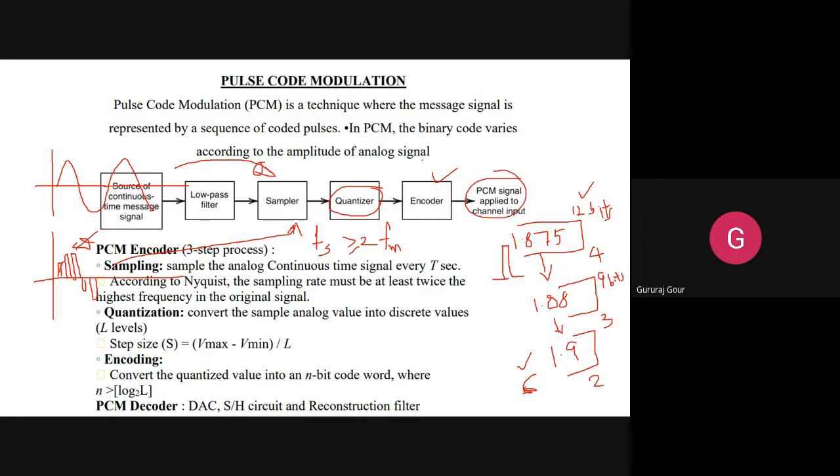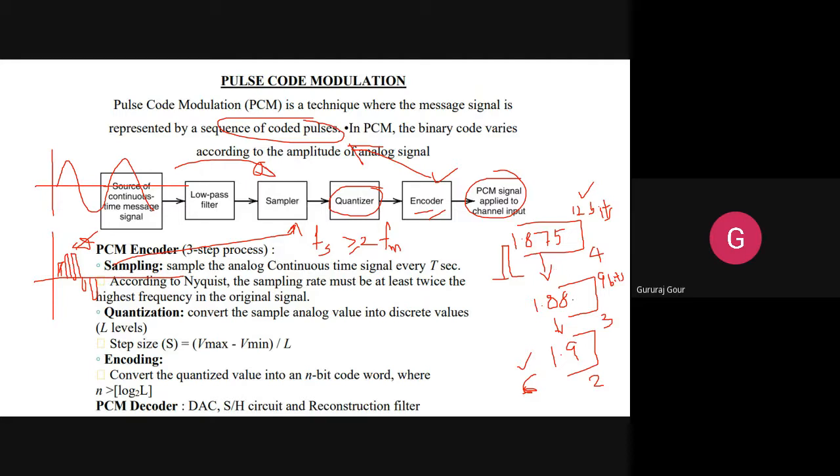the sequence of coded pulses at the output of the encoder. So at the output of the encoder, you are getting this. That bit assignment will be done by this encoder. But who is instructing it? It is as per how we predetermine this: to what extent you want to compress or round it off.